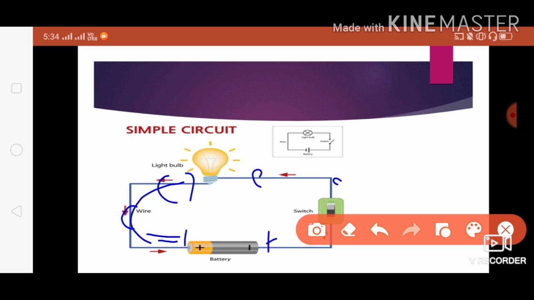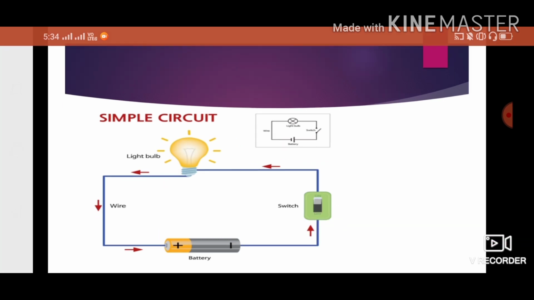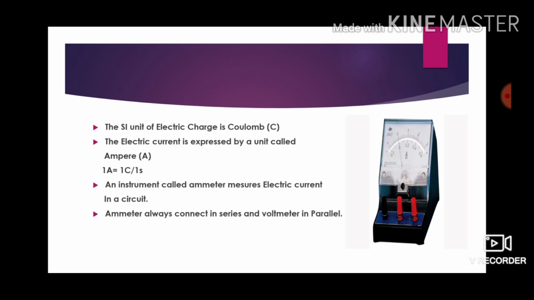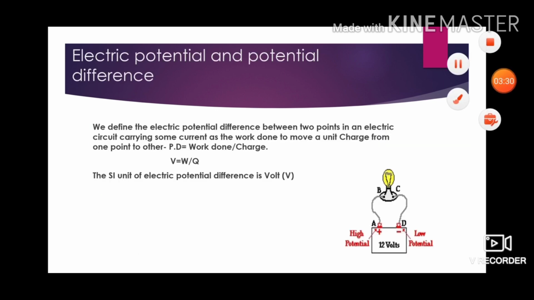Who is moving? The charges are moving. When charges are moving, they will constitute some current. That's what potential difference can be defined as: carrying some current to do work from higher potential to lower potential. Or you can define it in a simple way: the movement of charges from higher potential to lower potential, which will do some work, we call it potential difference.